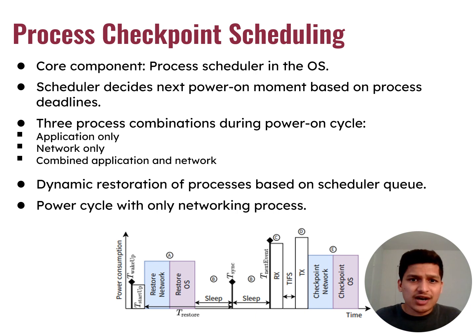So at the heart of the architecture lies the process scheduler within the operating system. This scheduler plays a pivotal role in determining the next power on moment based on the deadlines associated with the various processes. During each power on cycle, the scheduler orchestrates three potential combinations of processes: application only task, network only task, or a combination of both the application and network tasks. The scheduler dynamically manages the restoration of the processes based on a priority queue, ensuring that the critical tasks are